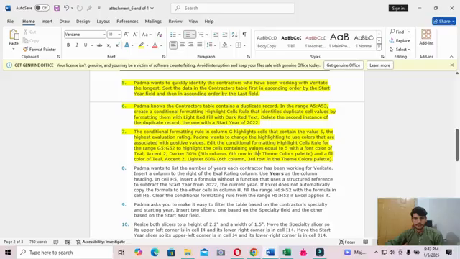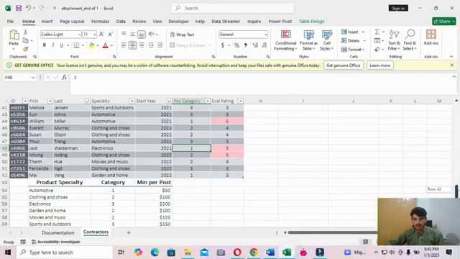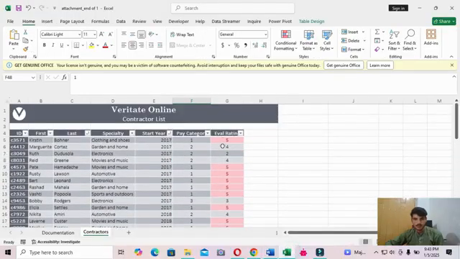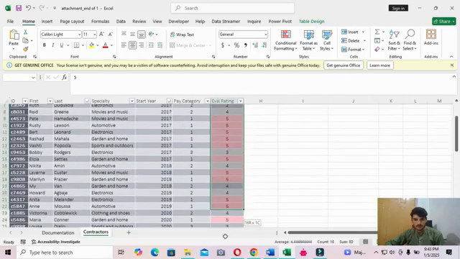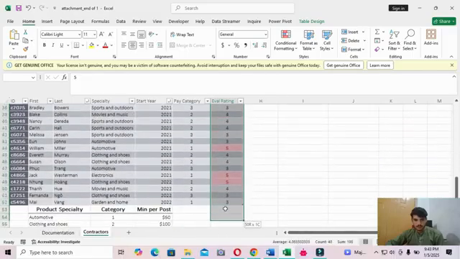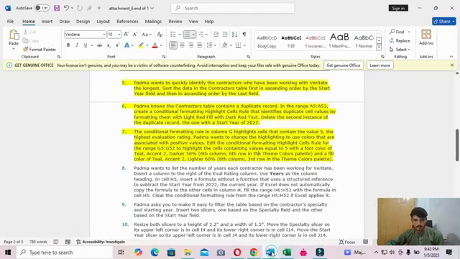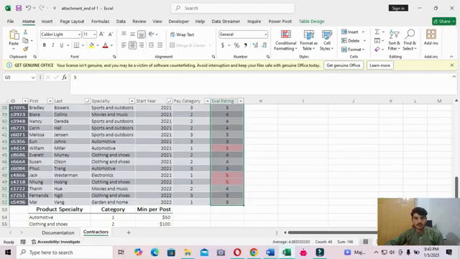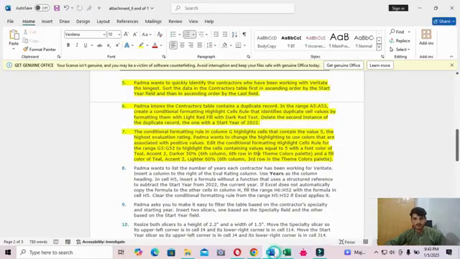Okay, go back to the Excel worksheet and then select column G. And then go to the Home tab and click Conditional Formatting, and edit the conditional formatting Highlight Cells rule.